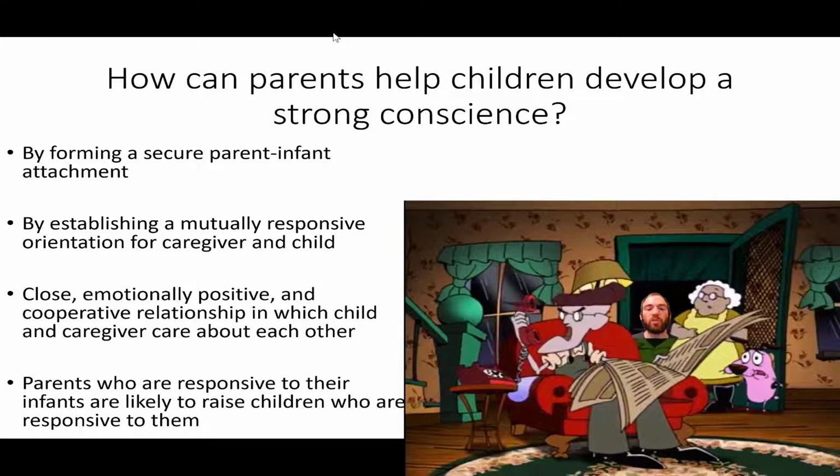Parents who are responsive to their children are likely to raise children who are responsive to them. Not a lot to add here, but the idea is that classic secure parent attachment contributes to a host of positive developmental outcomes, according to this theory, by establishing cycles of mutually responsive, cooperative, and emotionally positive interactions between parent and child, which allows for practicing of those skills and the development of those